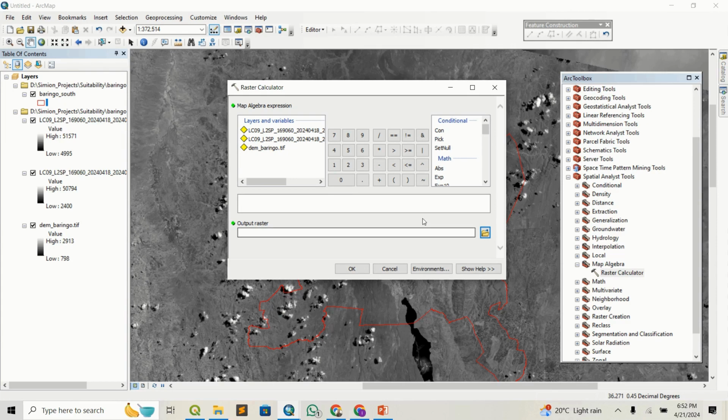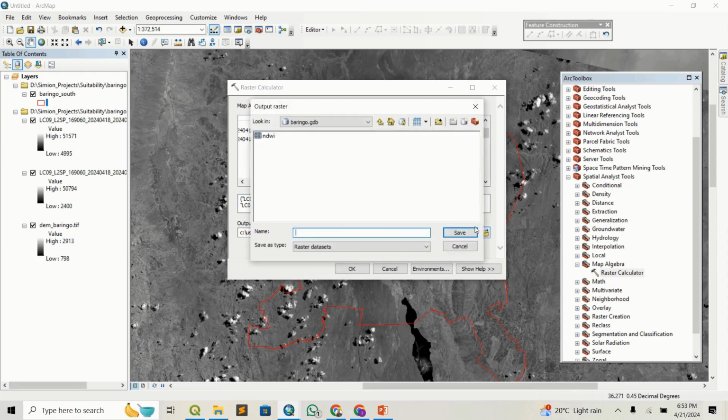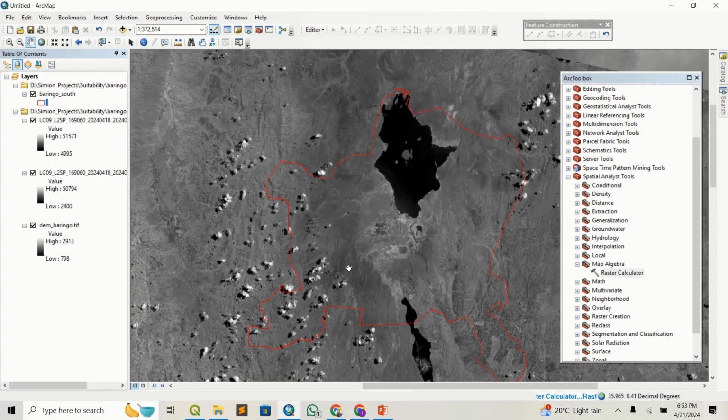If I come back here, I will just go to float, math. Double click on float and then ensure you are typing band 3 subtract band 5. And then I'm going to divide by this, so I'm going to select float again. That's band 3 plus band 5. I'm going to save this to my database as NDWI, let me call it lake. Save this, run it. It should just take a few seconds and then we will have a normalized difference water index